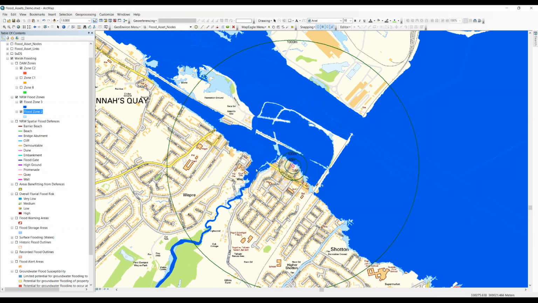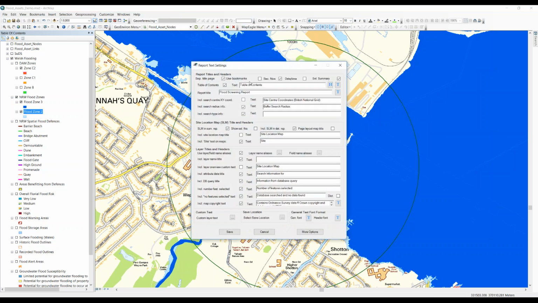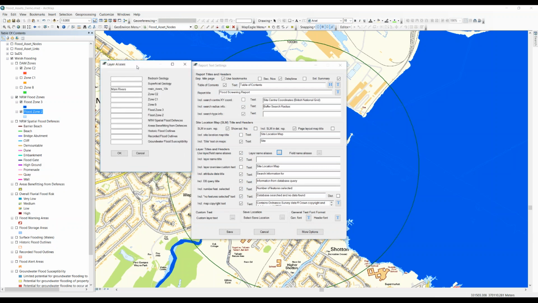So that's how you set up the data layers, and I've just got a couple minutes left, so I'll just show you quickly how you would set the report text. So this is how you customize the report setting in terms of what the text comes out as, and you can actually give alias names. If you see this dialog in the middle here, I'll just click the mouse, drag it across from the other group. Here's the layers that I'm searching for, a kind of nice summary there, and you might have a coding for those,